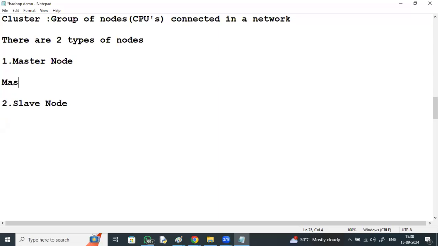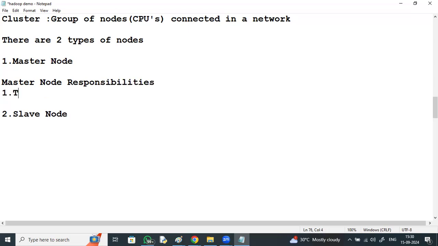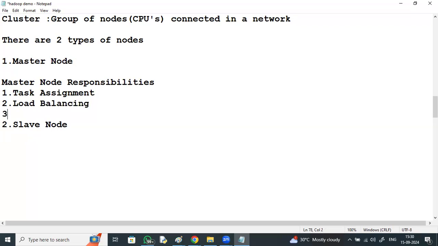Master node responsibilities: task assignment, load balancing, balancing the load equally across all the slaves, fault tolerance, and health monitoring.